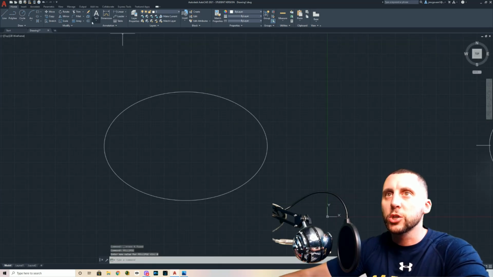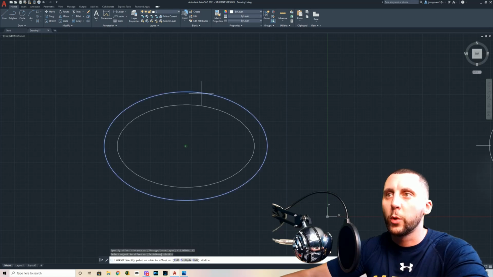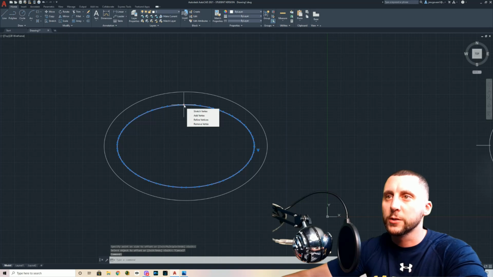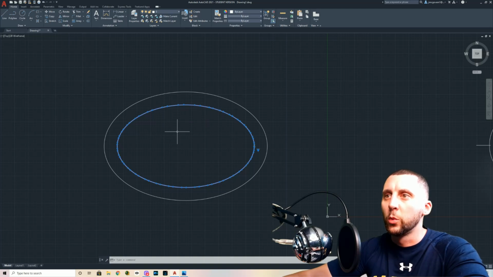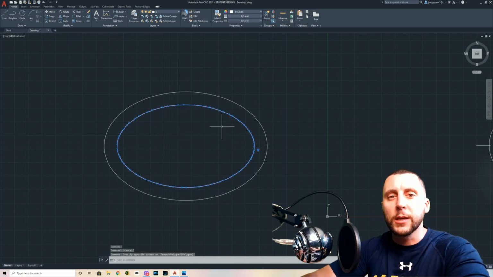But showing you the issue is that when I go to offset this by 12, I now get a spline which has a bunch of different vertices on it, which is also not very friendly for trimming and for continued offsetting. Okay, so what I'm going to do, I think this is the easiest way to teach it and the easiest way to explain it,